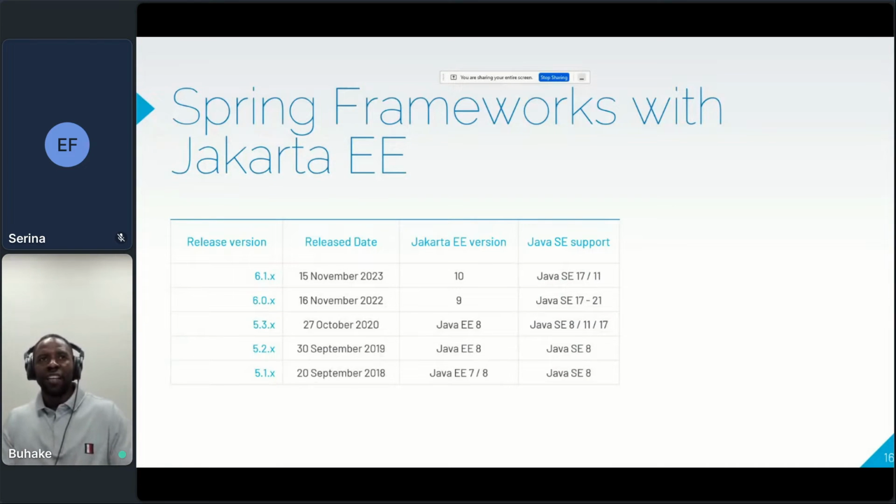If you look at the releases, you'll see that certain technology in Spring uses Java EE. In November, when Spring 6.1 comes in, it will use certain libraries or frameworks from Jakarta EE 10.